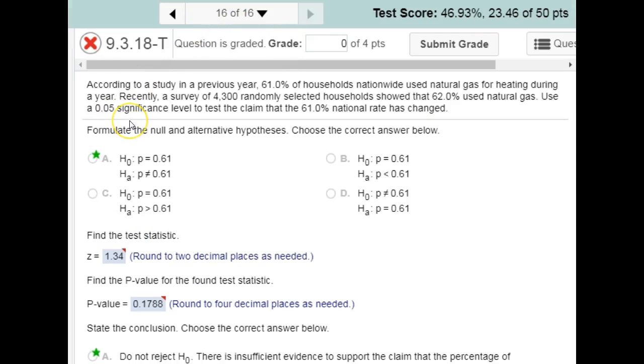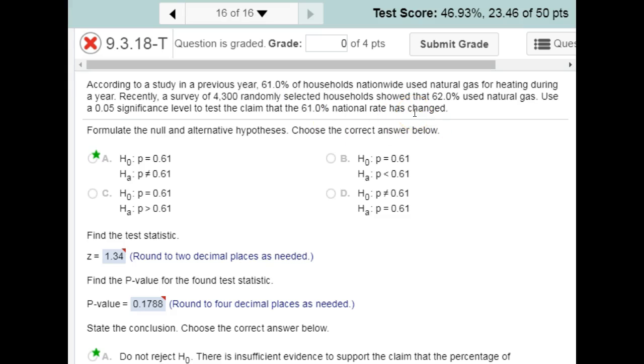This problem here is similar to the last one, where we're challenging a previously assumed proportion, so we're going to be using a hypothesis test here. In a previous year, it was found that 61% of households nationwide use natural gas heating. A survey is now collected, and we get back that now it's 62% from that survey. Well, is that a large enough change for us to conclude that this 61% is now no longer accurate,